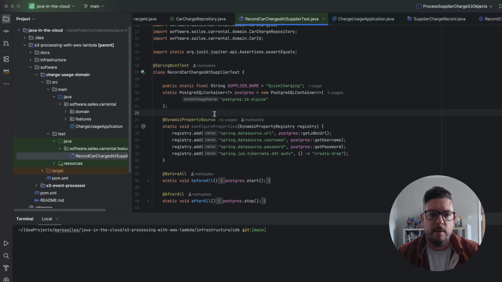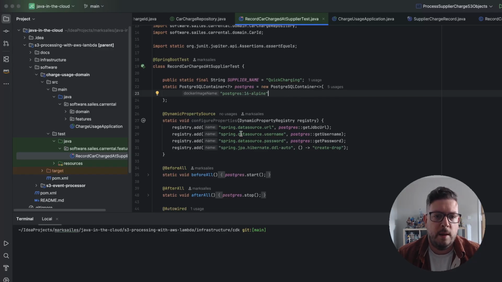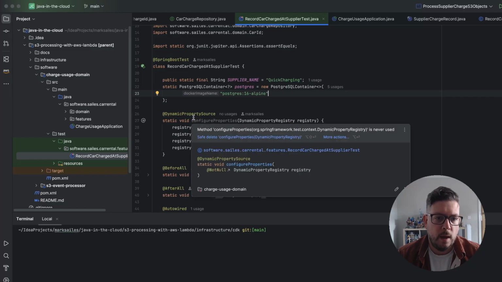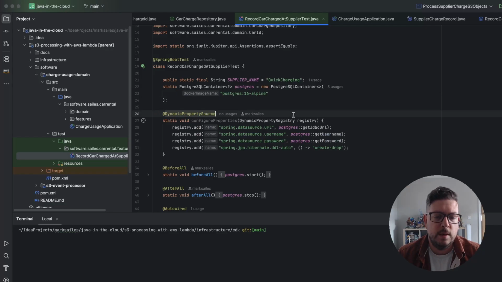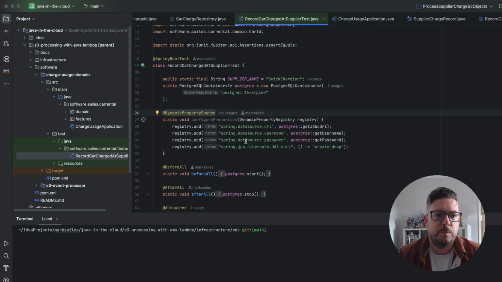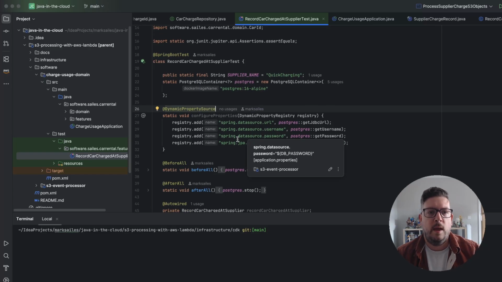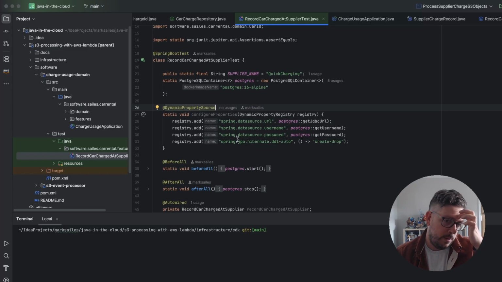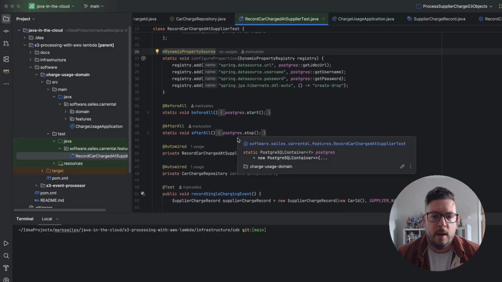show even further on in the video when we use test containers and LocalStack to do S3 testing as well. In this case, this is just going to create me a Docker container with a Postgres instance, and then I'm going to inject the URL, username and password using dynamic property sources into my Spring application. Okay, so when this test starts, I'm going to have a Postgres database, and then I can test my code